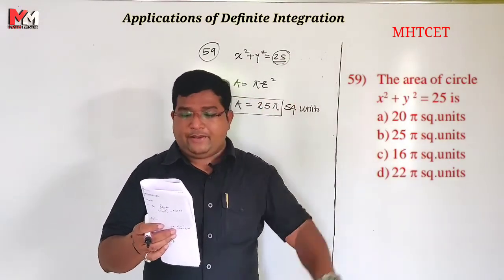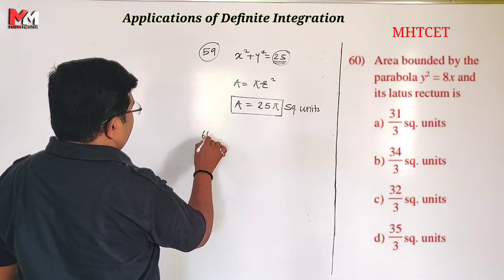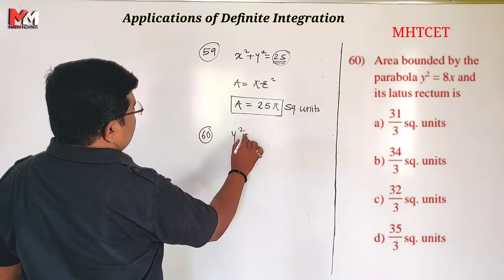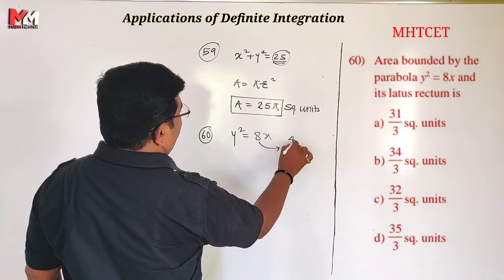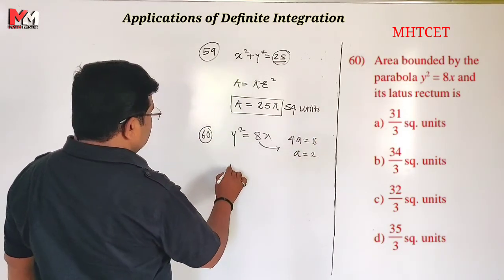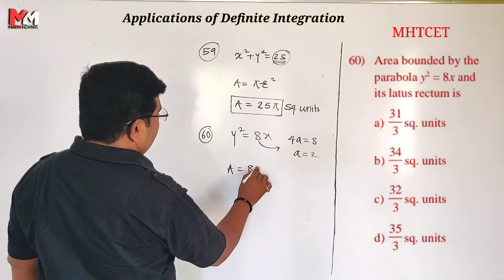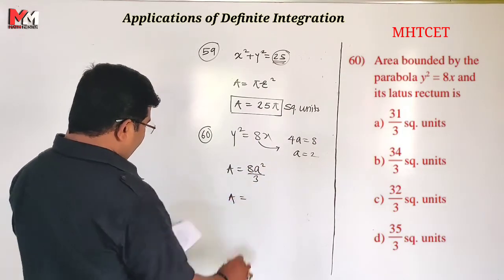Now area bounded by the parabola y square is equal to 8x, 60. Y square is equal to 8x. So this is the position of 4a. So 4a is equal to 8. It means a is equal to what? 2. So 8a square by 3. So answer is 32 by 3